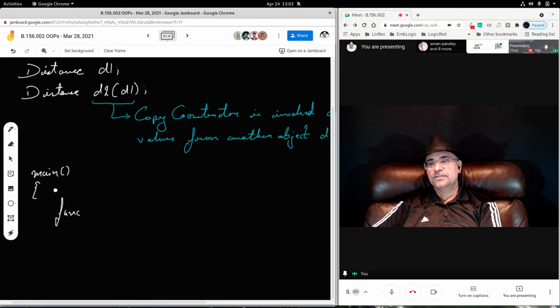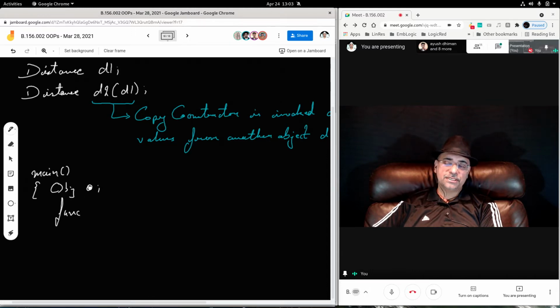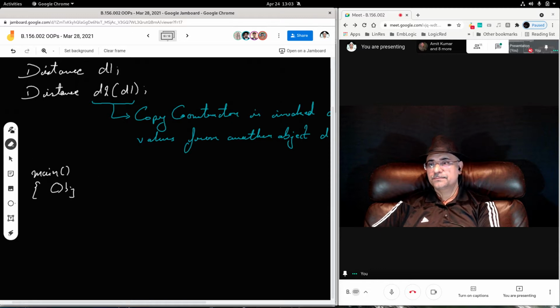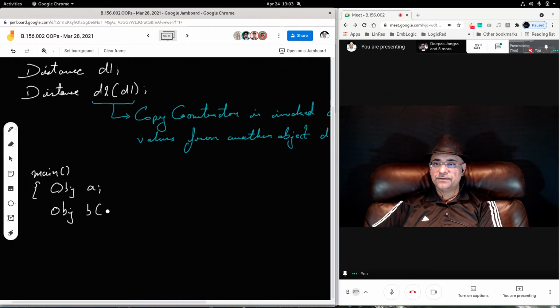Here you have declared an object called A. Then you declared another object called B and assigned it with the value from A. So here the copy constructor gets invoked in this statement.